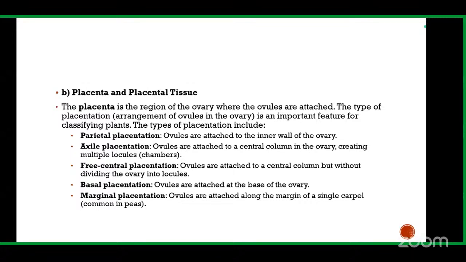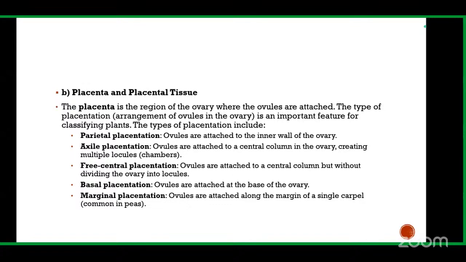Next, placenta and placental tissue. So placenta is very much important. It is the region of the ovary where the ovules are attached. Okay, so there are some arrangements of placenta, like parietal placentation, where ovules are attached to the inner wall of the ovary. Then axial placentation, where ovules are attached to a central column of the ovary, creating multiple locules,